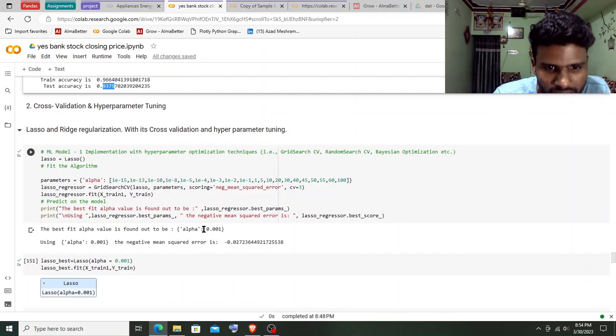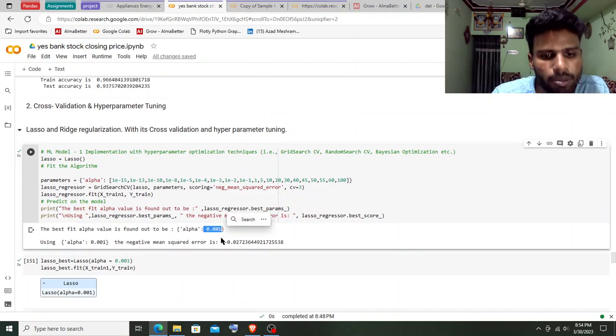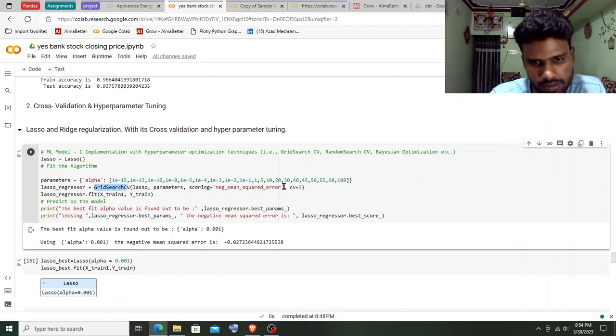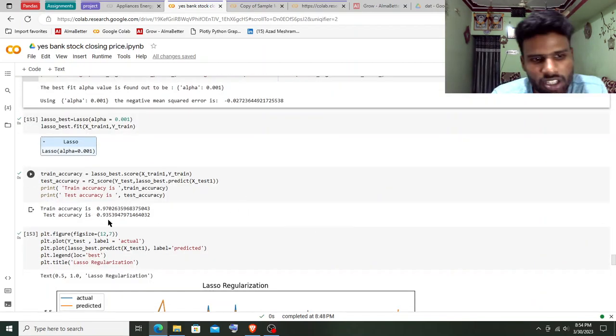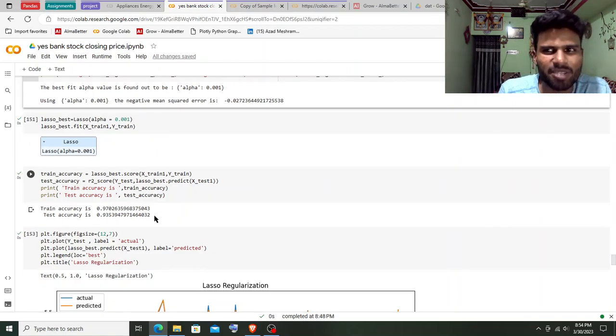We saw that we got this alpha as our best, because we used these values of alpha as our parameter and used grid search cross validation by fragmenting our data set in 3 folds. CV is equal to 3, and we could see not so much improvement. We also know that after 93%, what else could we expect as our accuracy? Still it is giving